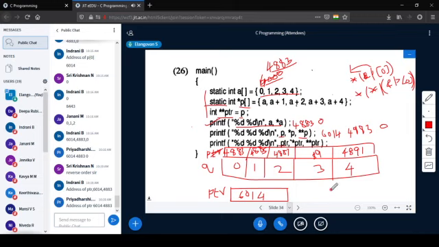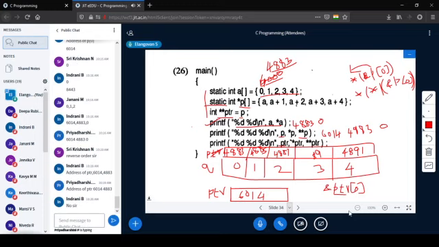PTR is address of PTR of 0. Is it like that? People think like that, right? Whether PTR is an array, whether PTR is the base pointer of the array? PTR is a variable. It contains some value. So 6014 will get printed here. Correct?